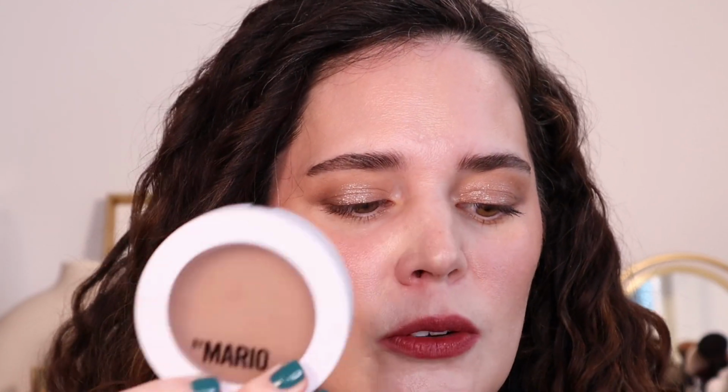It just adds some warmth and radiance to the skin and it looks so beautiful. It's really just a sheer bronzer. I know the name is very confusing for people and what it actually does, but to me this really adds warmth to the skin, so it's essentially a sheer balmy bronzer. This is just a really beautiful formula. Once you work it into the skin, it doesn't stay tacky on the skin, and it's really beautiful. Super excited to have a light shade because this just looks so natural on my fair skin